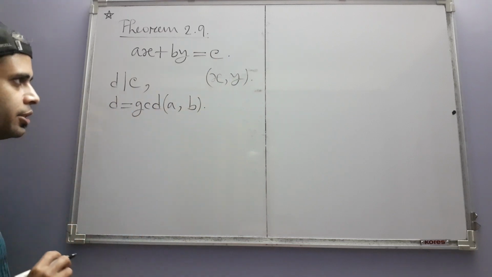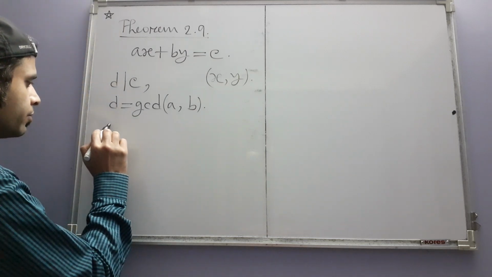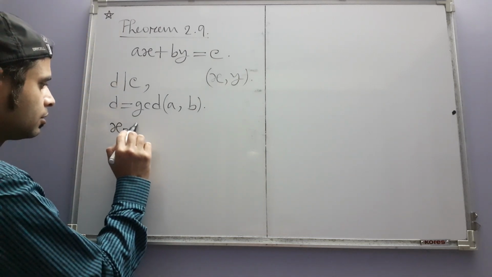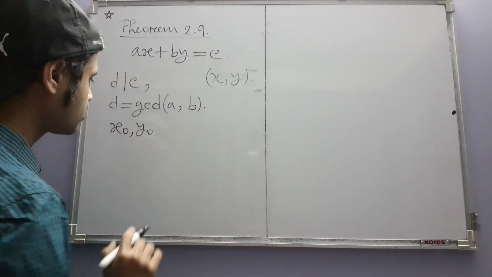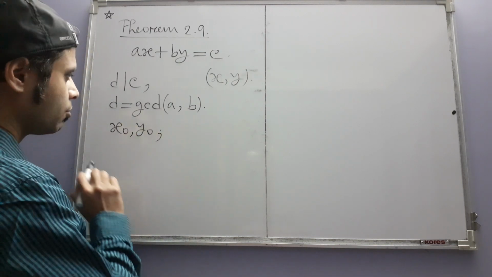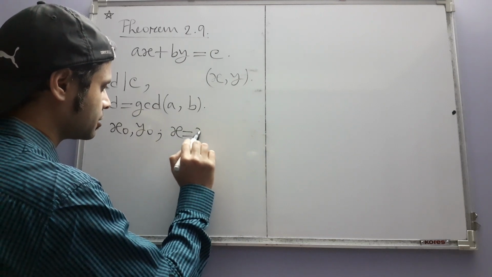And when this condition is met, and hence when there is a solution, say these integers constitute any particular solution, then all the solutions to the equation are given by these expressions: